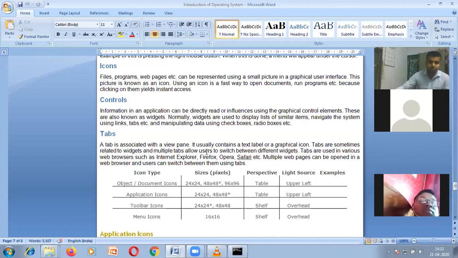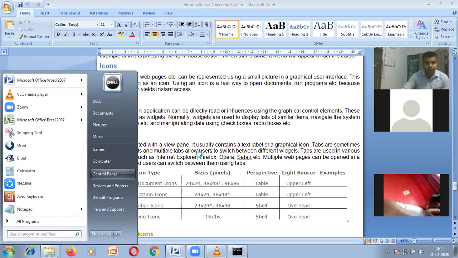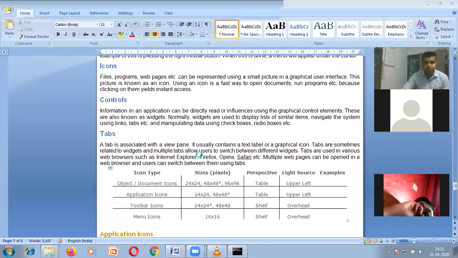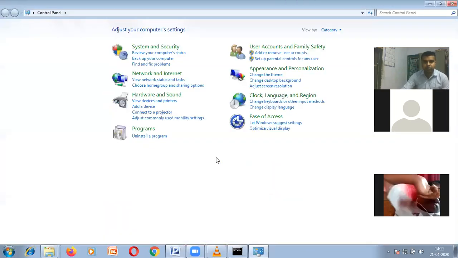I can show you one such thing. If you can see the Control Panel on your screen right now, these are all control icons which you can see on the computer. These things are not available on the desktop, but these are different types of control icons. All these things control the entire computer system.